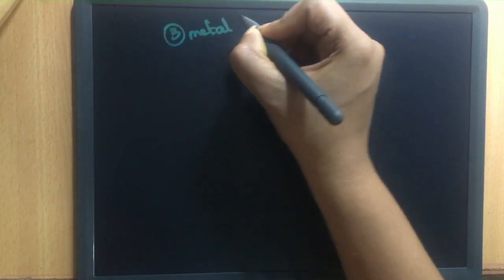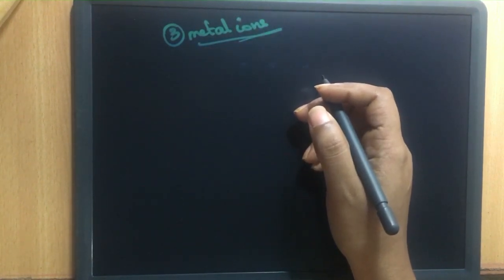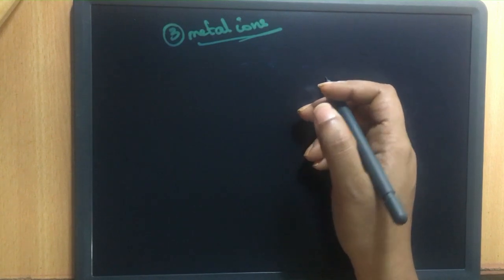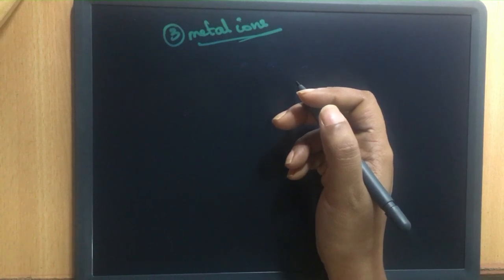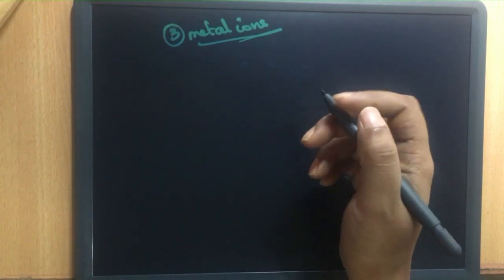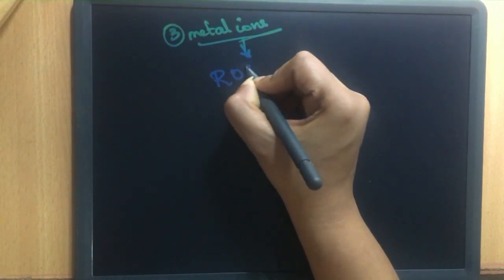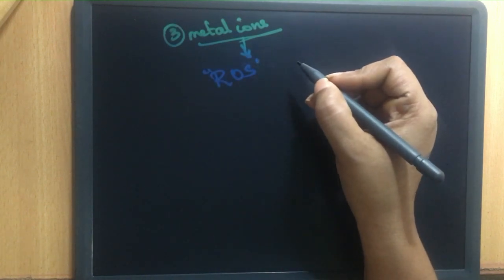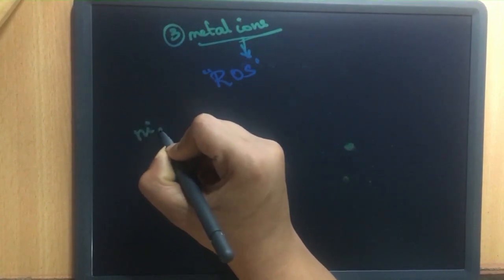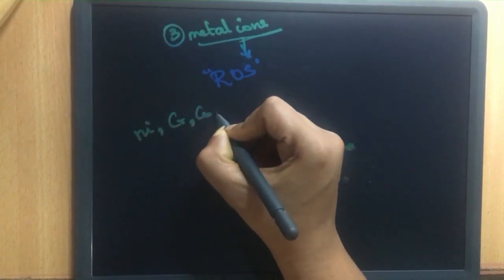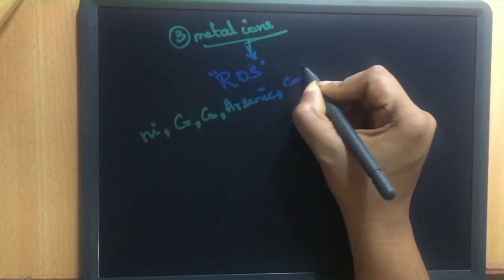These are metal ions. We know that metal ions are mostly producers of reactive oxygen species, right? So metal ions always produce reactive oxygen species, ROS. Many metal ions like nickel, chromium, cobalt, arsenic, cadmium,